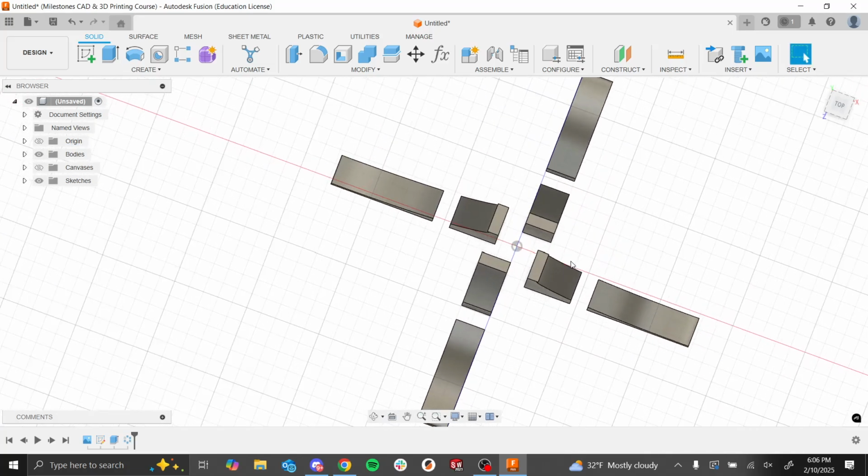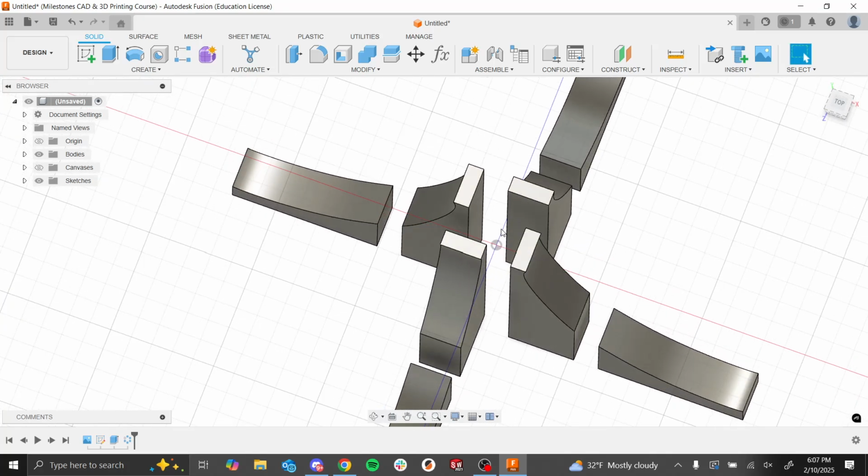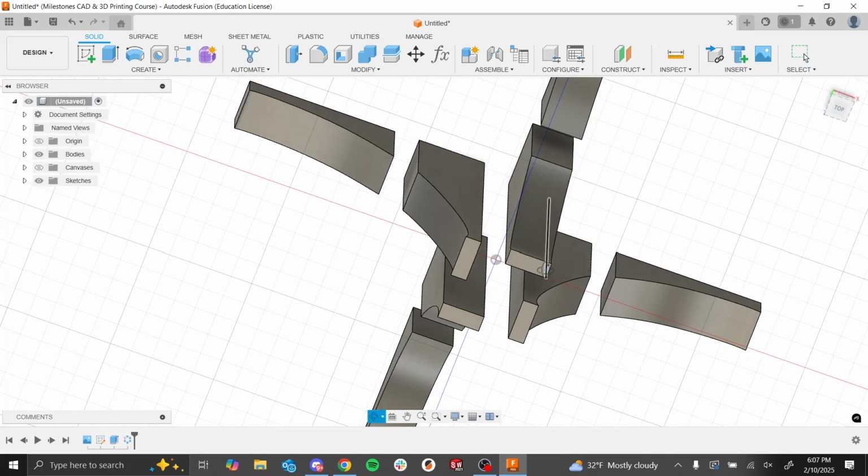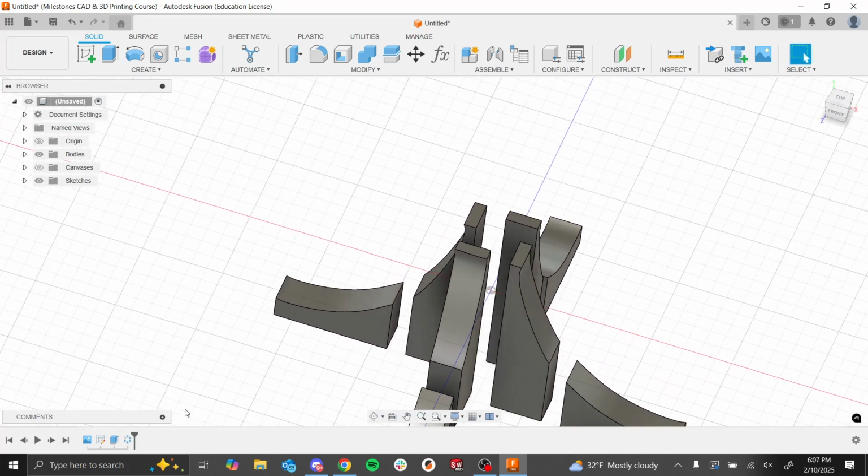You can see this doesn't look quite right, and it's because of the way we extruded it initially, right? If you extrude it single-sided and then pattern it like this, it's going to be a little bit wonky. So to fix that,